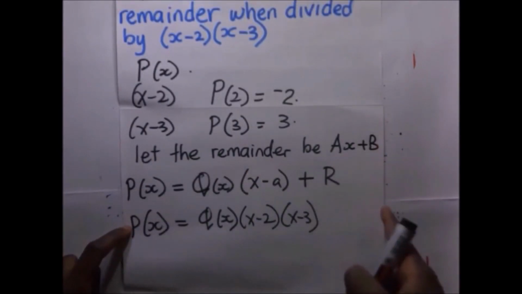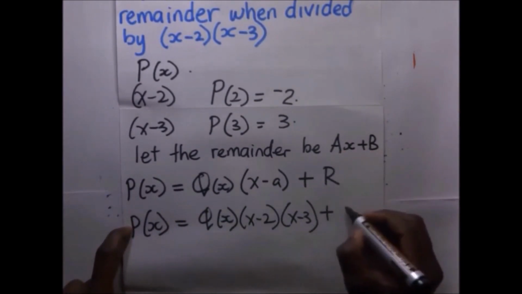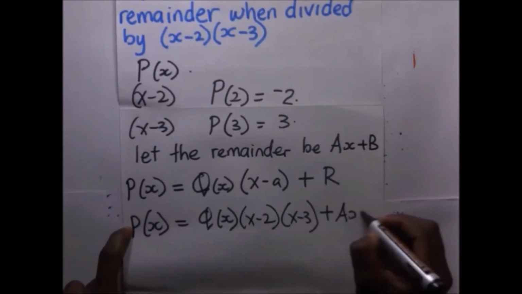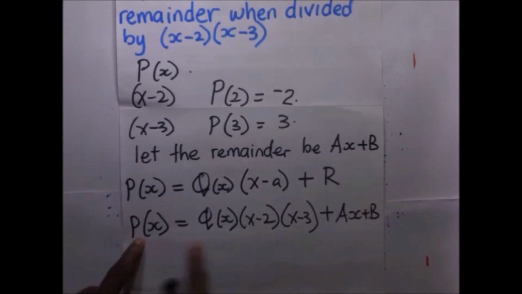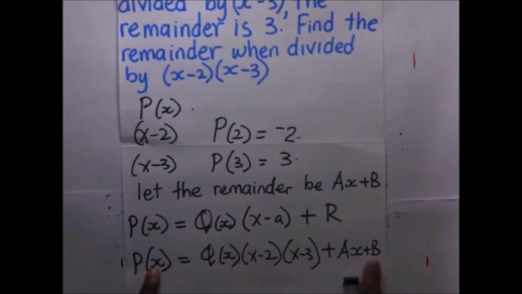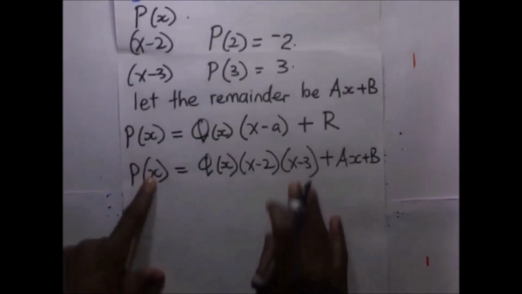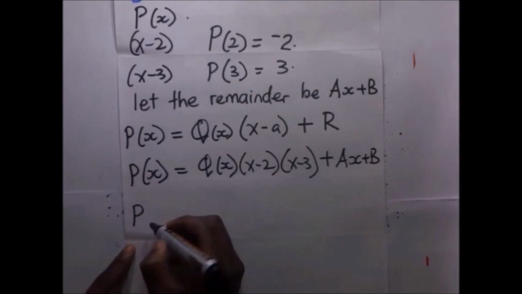Since they're asking us to find the remainder, we are tasked to look for the values of a and b. That's going to be plus ax plus b, as simple as that. So now, when x is 2, we substitute 2 here and formulate an equation. So for the value of the polynomial p at 2,